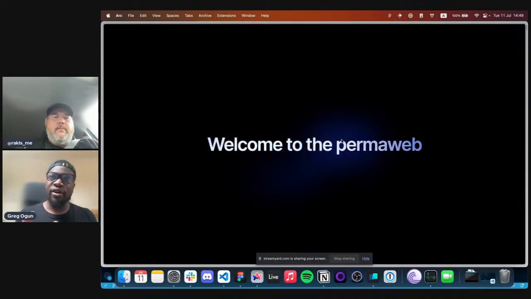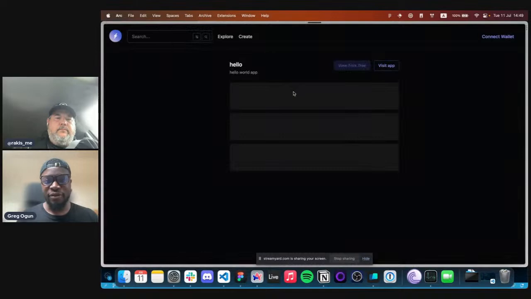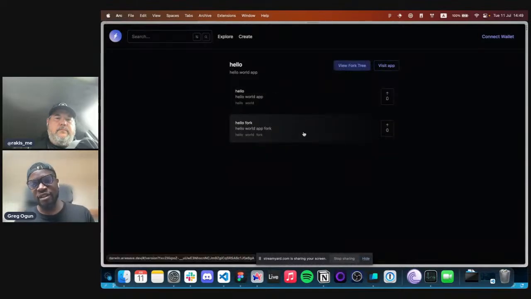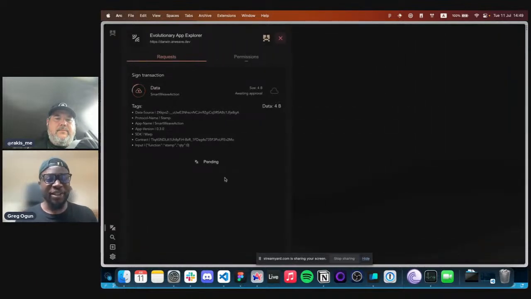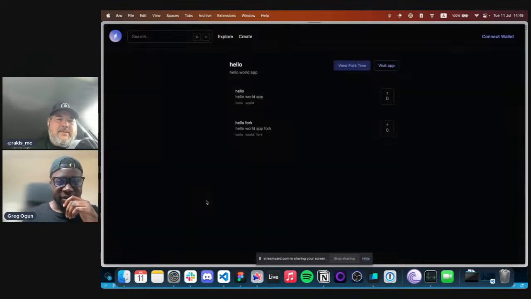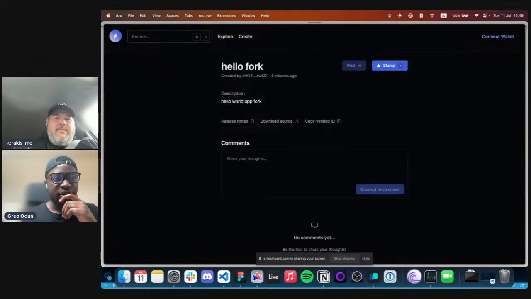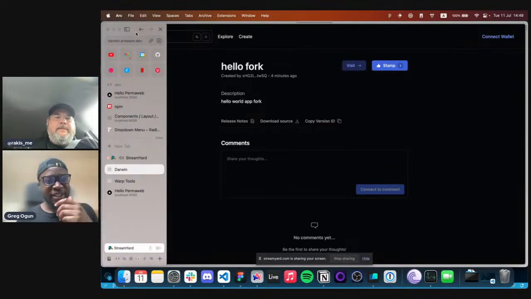So essentially the way it runs is that if there are no stamps in the system, it uses the order of provenance, so it will always default to the first version if there are no stamps at all. But of course, if we stamp the fork, and this is actually the first time I'm trying this, we're going to see how this works. I'm going to attempt to stamp this here and see if we can get it to update. Might need to refresh that. Okay, it seems to have worked. It was stamped.